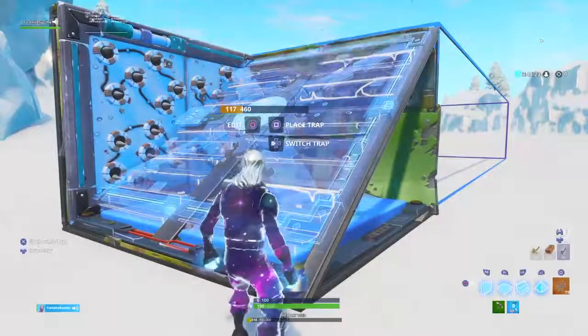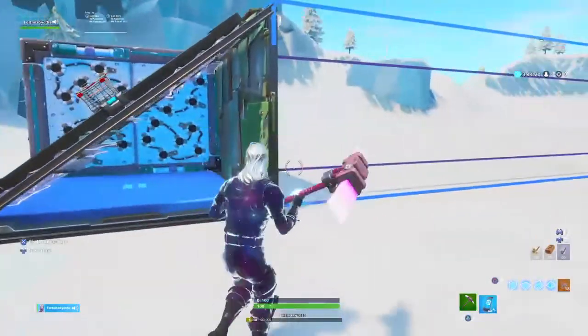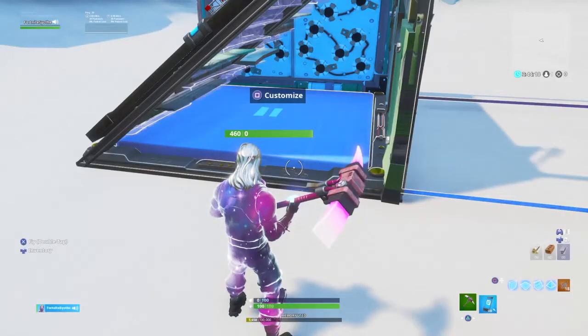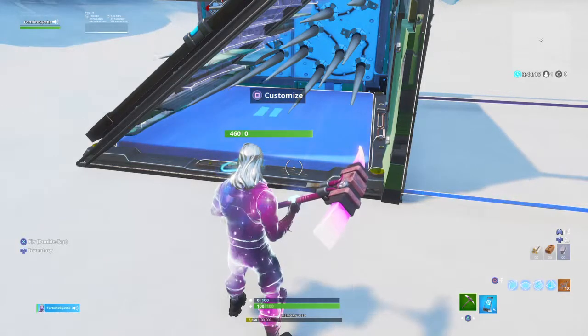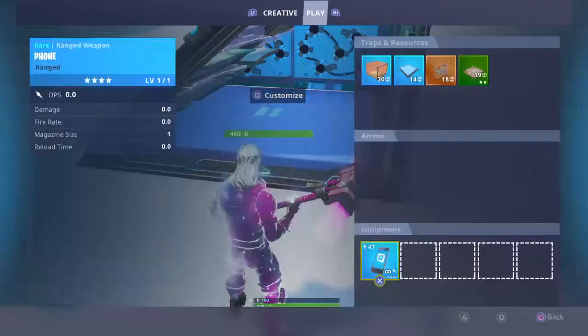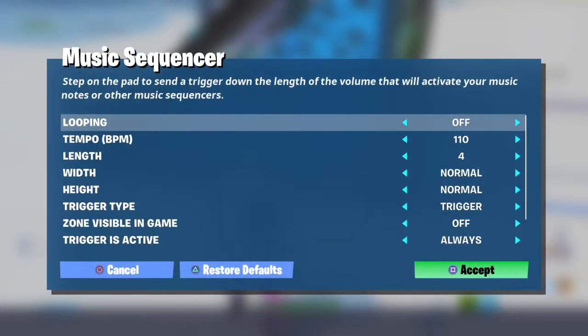His method is you put an ATK next to the music sequencer and then throw a pinball flipper on top of it. Every time you start a game, the ATK will get launched onto the music sequencer and the moving zone will start. So if you're looking to build a basic storm zone map, you'll